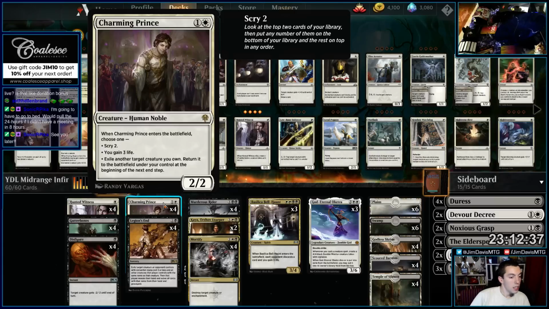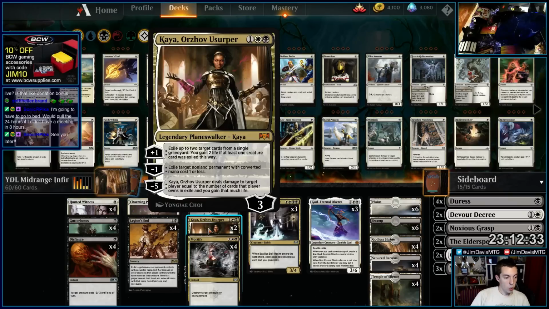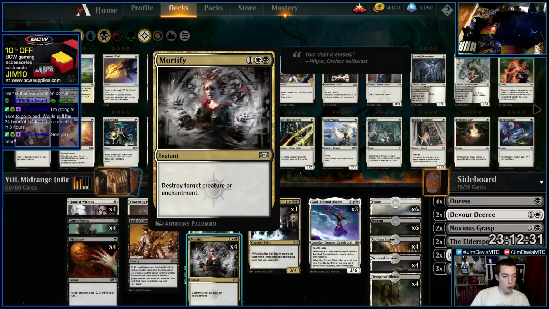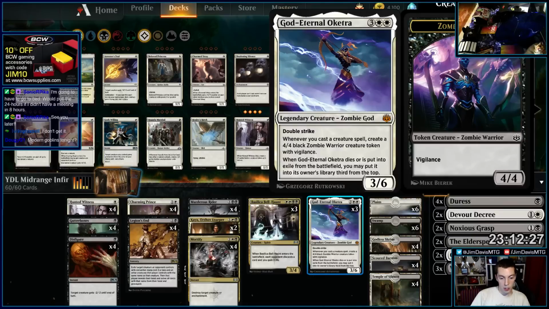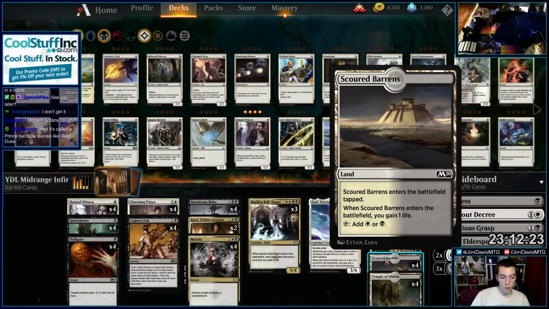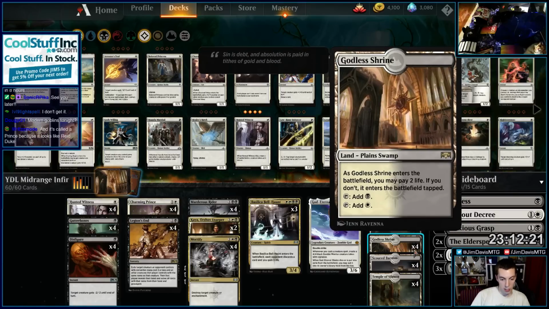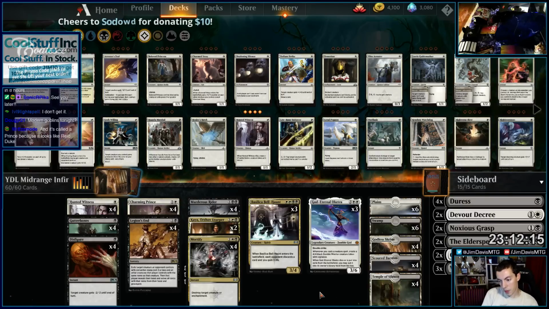Get it? We got 4 Murderous Rider, one of the best cards in the set, 2 Kaya, Orzhov Usurper, 4 Mortifies, 3 Basilica Bell-Haunts, 3 God-Eternal Oketra, and a solid 24 lands, including 4 Scoured Barrens, to really make sure we can cast our spells here. And definitely the first thing I'm thinking when I see this deck is that...